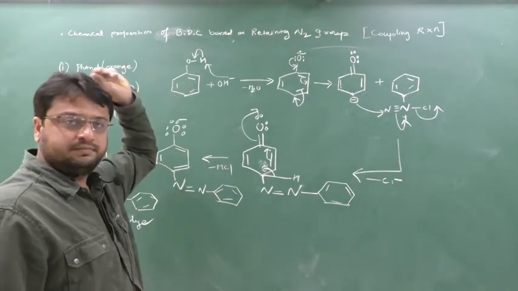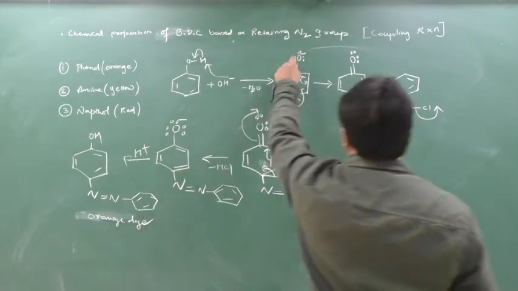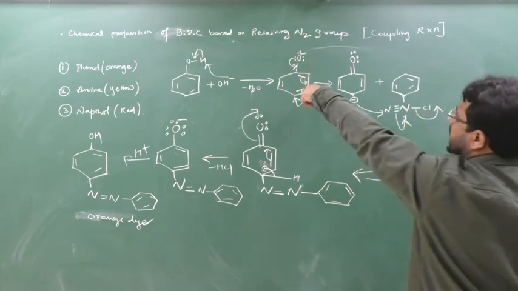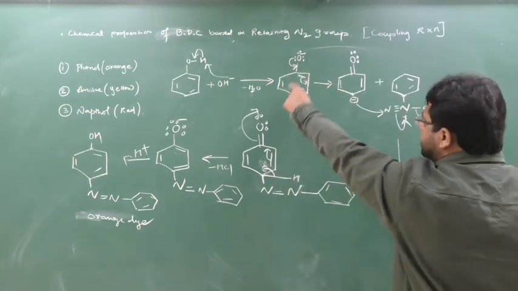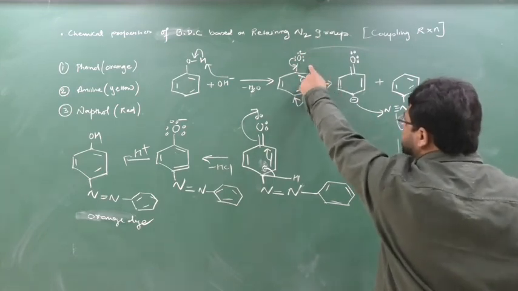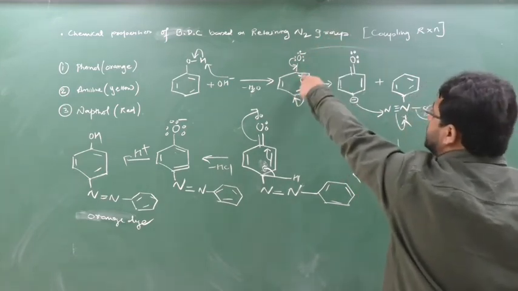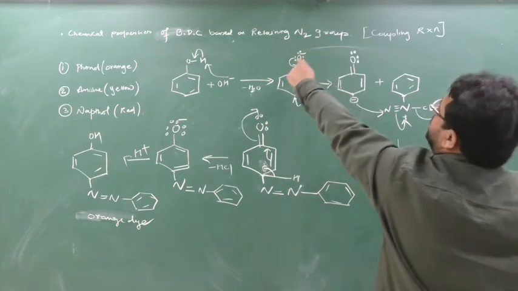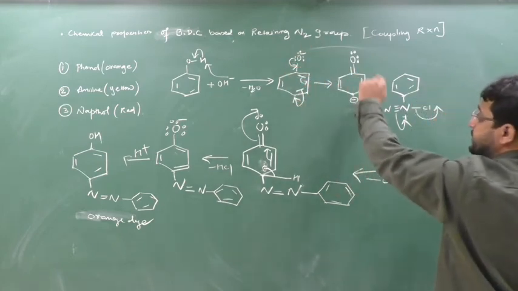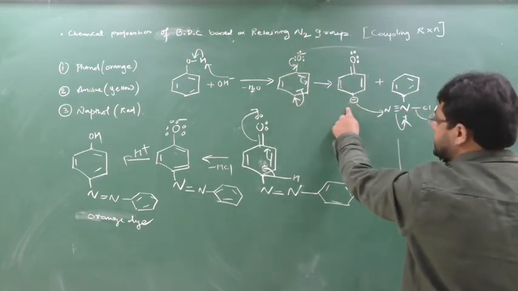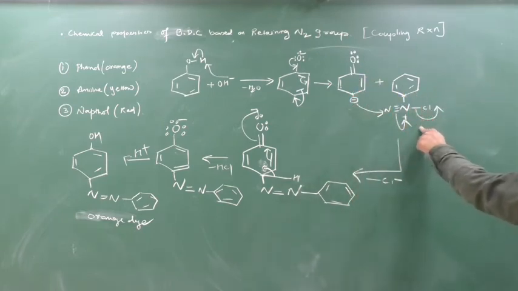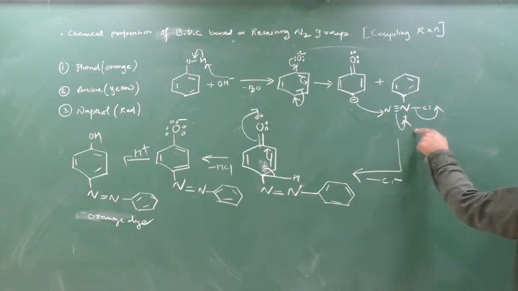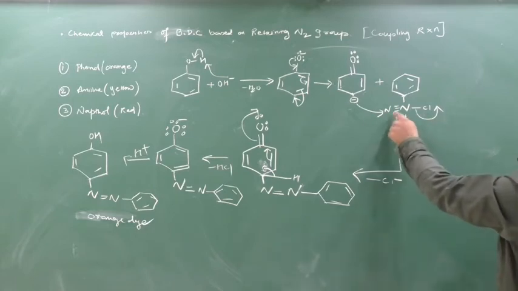Phenol, basic medium, water will be formed, it will do the resonance. Why to do the resonance? Why not directly coupling takes place from this oxygen? To do the coupling, the minus charge should be removed, which is very difficult to remove from the oxygen rather than from the carbon. So I am doing the resonance, especially on the para position. Para position is more stable, so the minus charge comes on this para position. Benzene diazonium chloride will come here. This is having the positive charge, so in need of an electron, the triple bond will become a double bond by gaining the electron.